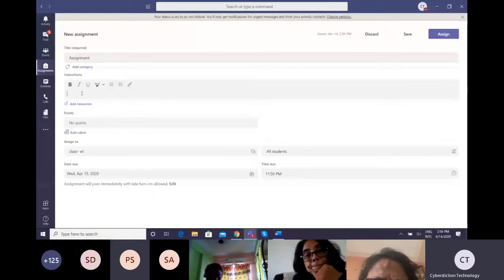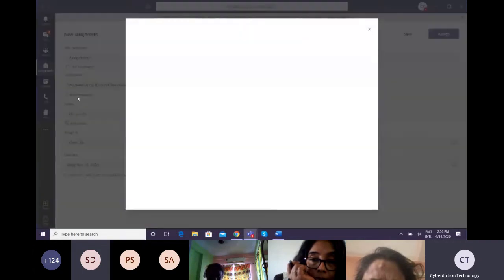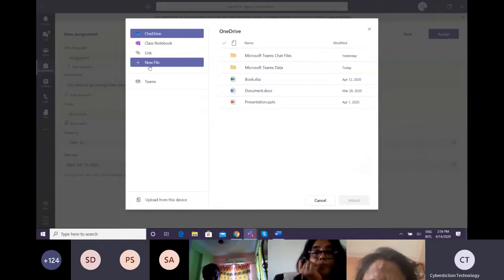Here are a few instructions that you want to give to the student, like before attempting the assignment, you need to go through the resources. You can add as many resources as you like from here. Click on add resource. Whatever link you want to give to the student, like a YouTube link or a Wikipedia link, you can select from this option. If you want to give any Word file, you can do that also. This is a simple Word file that you are giving as a space to the children, where the student will write.